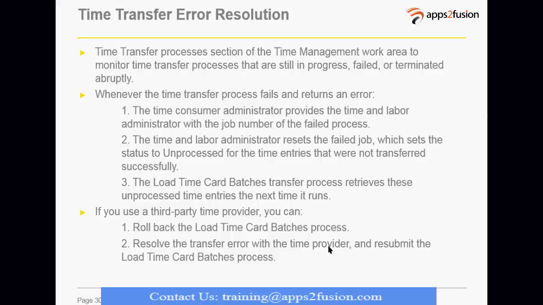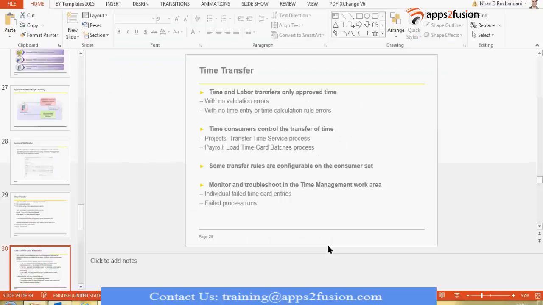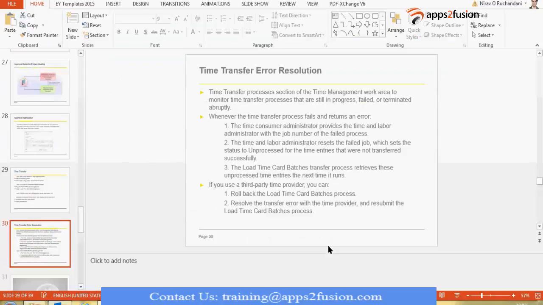In that scenario, you will identify if that time card batch process errors. You will go back to your time vendor and say that this has errored out, and they will have to rectify it and resend it, and then you will have to resubmit the load time card batch process. So I will show you in the system how it works.